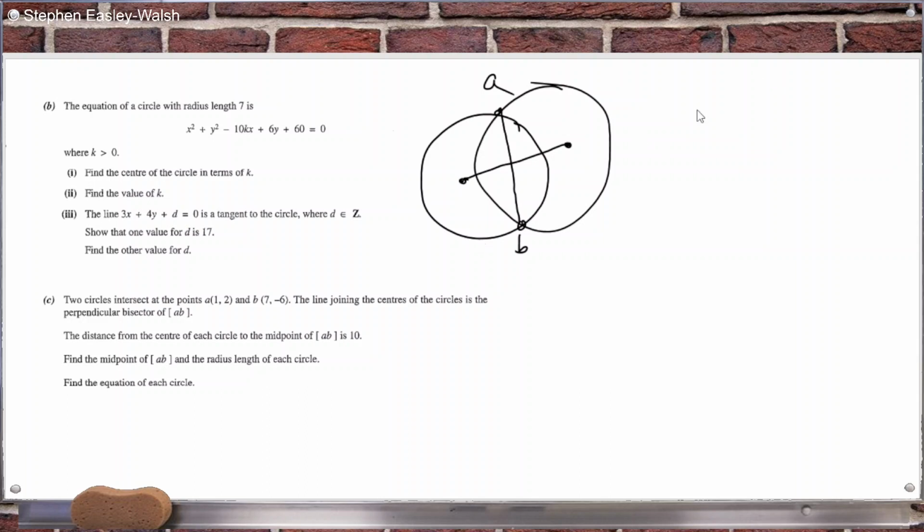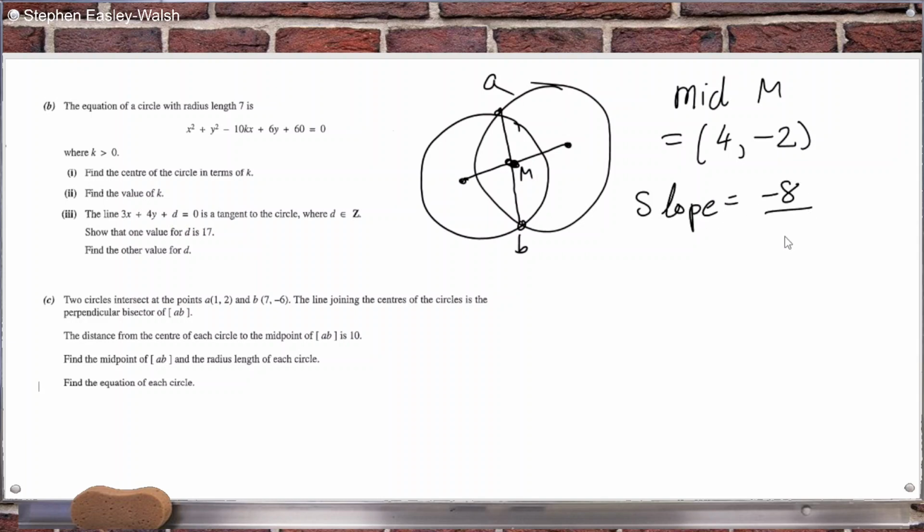Well, okay, so the midpoint, that's easy. So the midpoint would equal, so that's that point there. Let's just call it M. 1 plus 7 is 8, divided by 2 is 4. 2 minus 6 is minus 4, divided by 2 is minus 2. That's the midpoint. By the way, the slope would be minus 6 minus 2 is minus 8 over 7